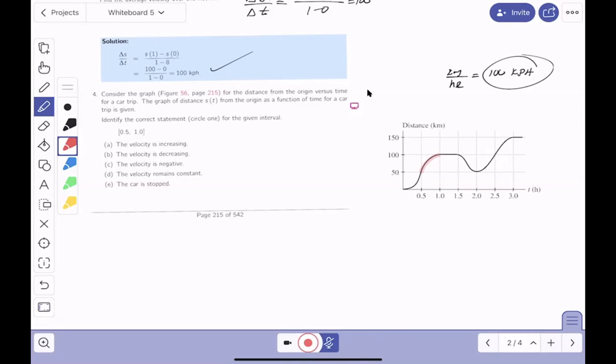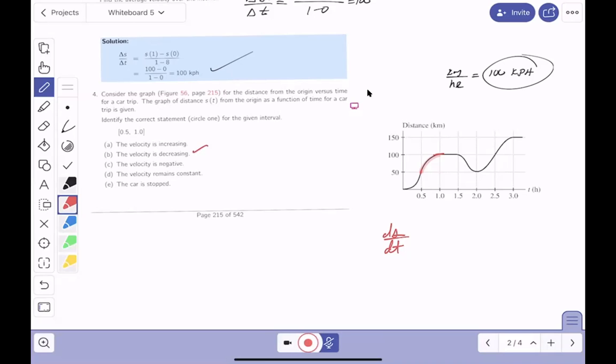The velocity is increasing. Well, let me remind you about velocity. Velocity is going to be the instantaneous rate of change of s with respect to t, so it's ds/dt. Well, let's look at the velocity. The tangent line is pretty steep there, but then it seems to be getting slower, right? It's almost like stopping at that point. So I'm going to say the velocity is not increasing. The velocity is decreasing. This one looks good to me, but